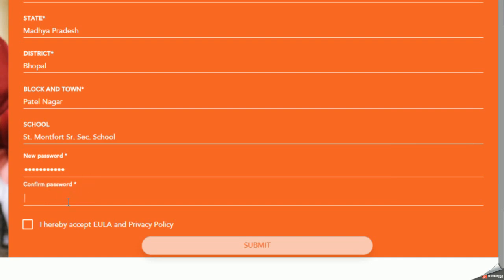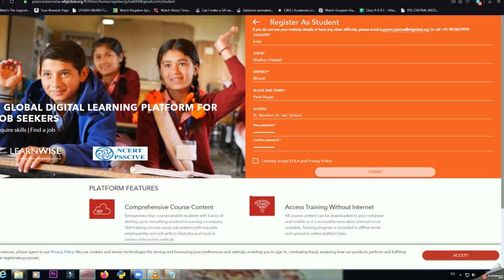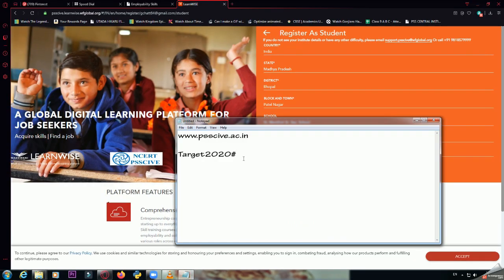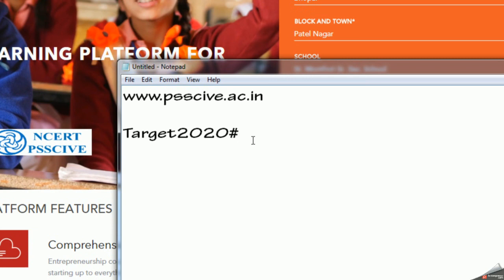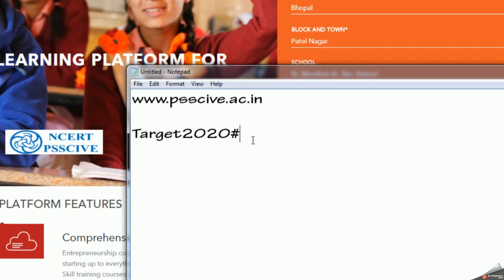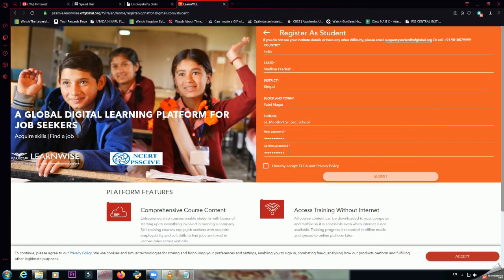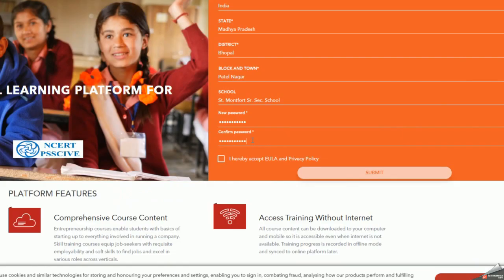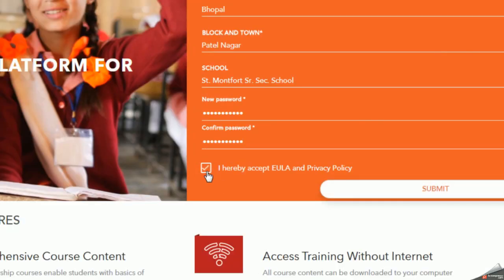You have to retype your password, so I'm typing the password here. Okay, I think you were not able to see the password. Please look at the password here. This is your password. Once you do this, click on this option, I hereby accept, and click on submit.